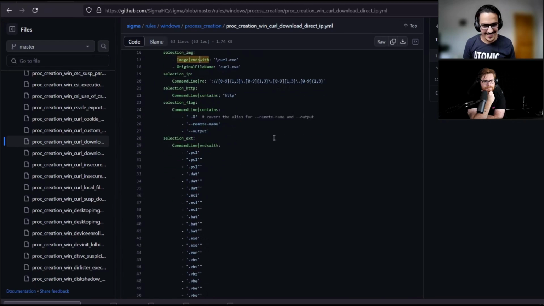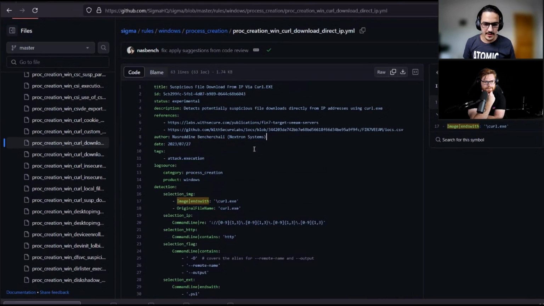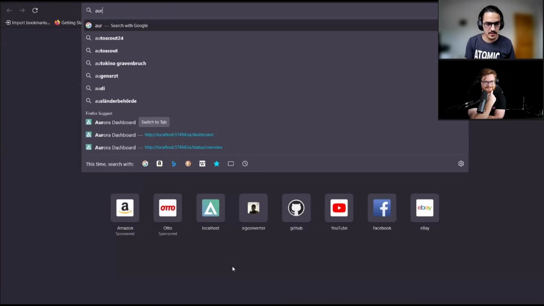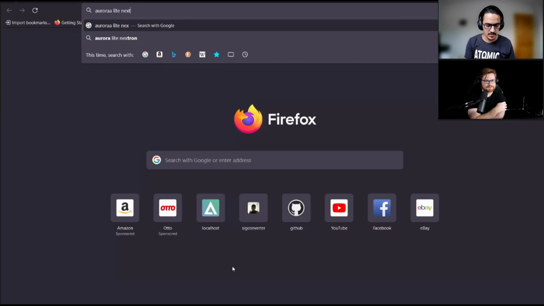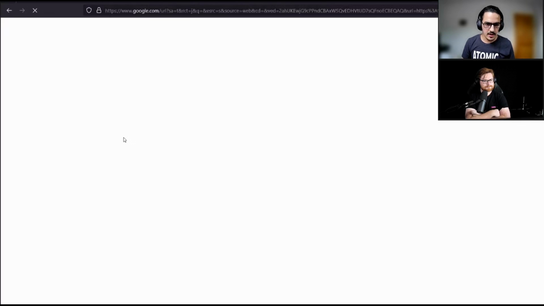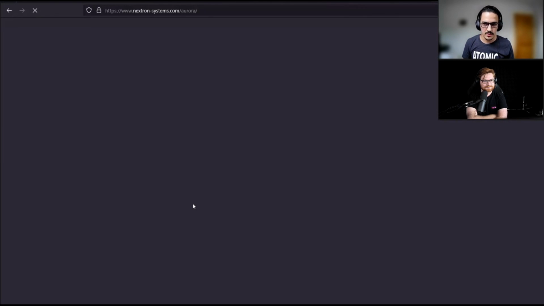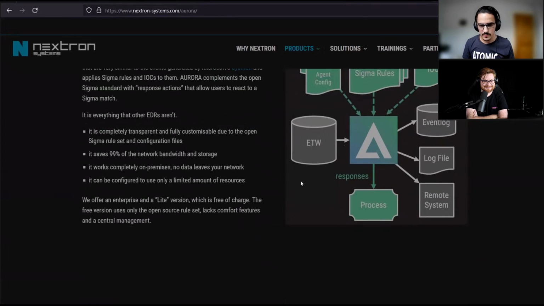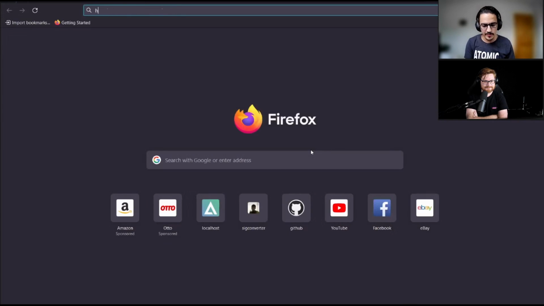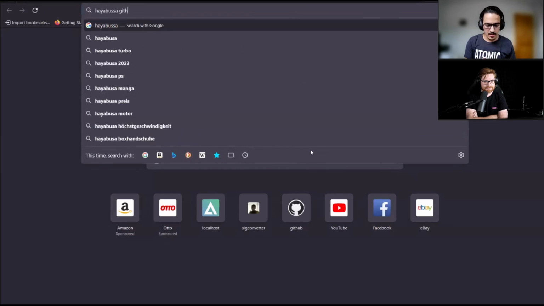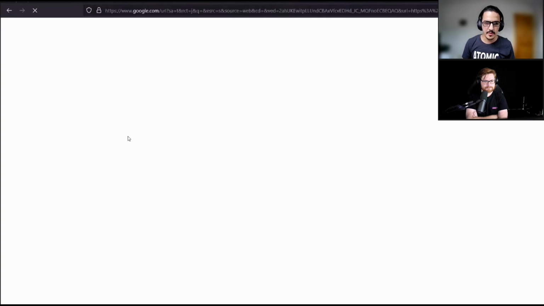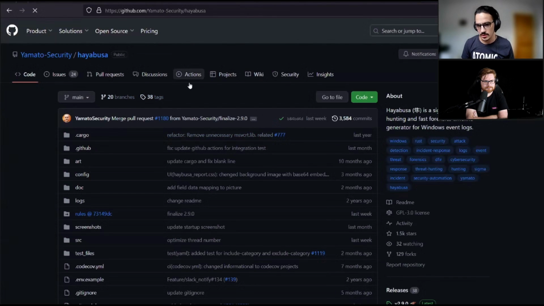All right. So one of the things you can use to do that is Aurora. You can go to Aurora Lite and download this. Similar to, for example, Hayabusa, which is a Sigma-based agent, anything that can ingest Sigma, or if you want to use it in real life, you can use those.